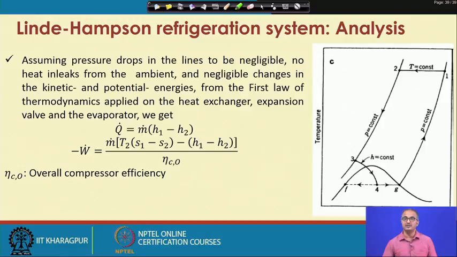That means whatever heat needs to be given out from the compressor, and this is the amount of work to be done by the compressor, and in this we have also put the overall compressor efficiency. So these two expressions may be used to find out the work done for the overall system, because in the overall system the work is done only at the compressor, and as we learnt earlier, the expansion valve does not involve any kind of external work.